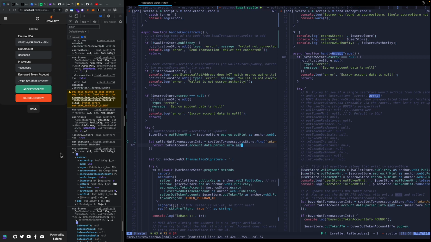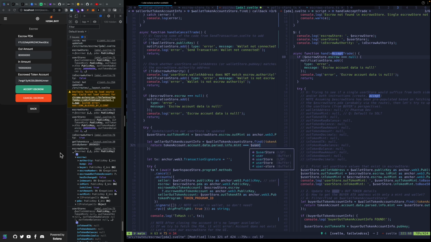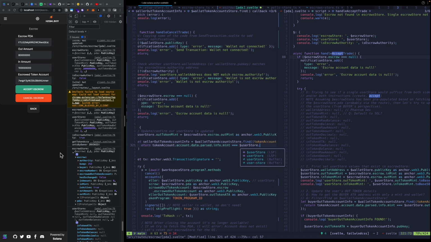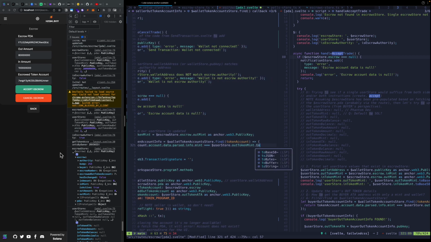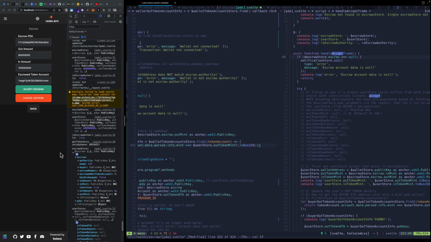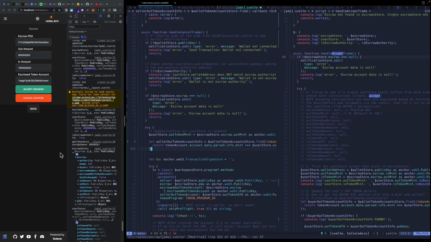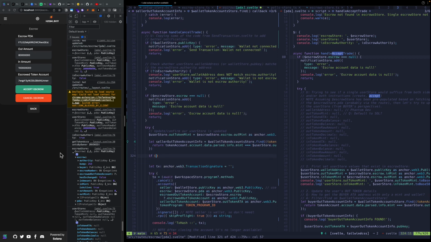Now this is a string, and we're looking to see does it match the out token mint dot to base 58, because that is a public key, and that's it. And now we do this if we find it,